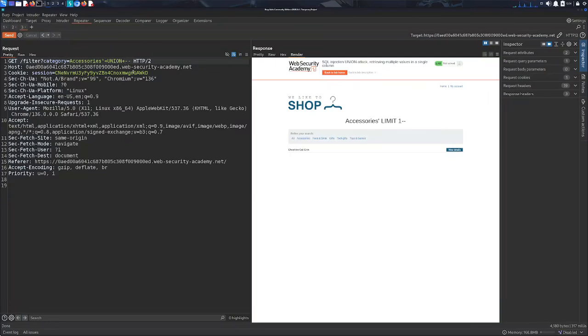Union select. Then here is where things get kind of fun. We could return just the password, but then we don't know who it belongs to. We could do a where clause and search for the administrator user, but if we want to return both, what we can do is